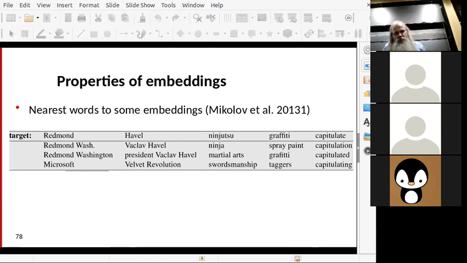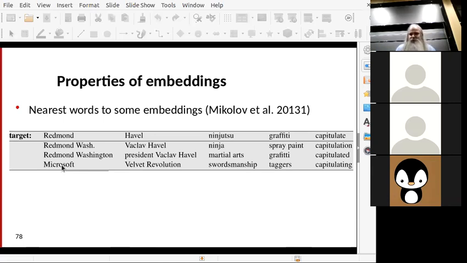If we then take these 300 wide vectors and try to find the most similar words or phrases to those, we find that it actually does things quite well. Again, using, say, cosine similarity, it's a perfectly reasonable thing to do. Although you maybe thought cosine similarity was good for the sparse cases, actually it's pretty good for the dense forms as well. And so what we find is that Redmond, Redmond, Washington, Redmond, Wash, Microsoft, okay, Microsoft is only